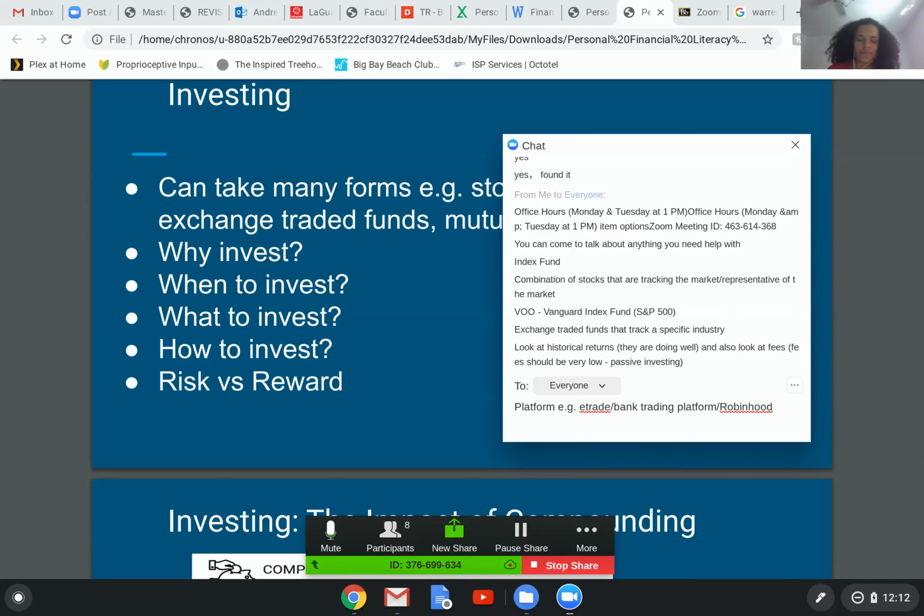So if you bank with, let's say, TD Bank or something, they might have their own trading platform, or Fidelity or whatever would have its own trading platform. You can shop around to see which one you want to use. And it basically can happen online. And you would just look to see what you want to invest in, try and figure out how the price has been trending. There is some legwork.